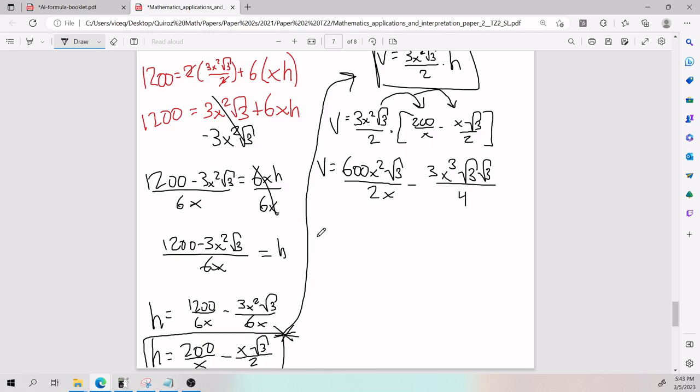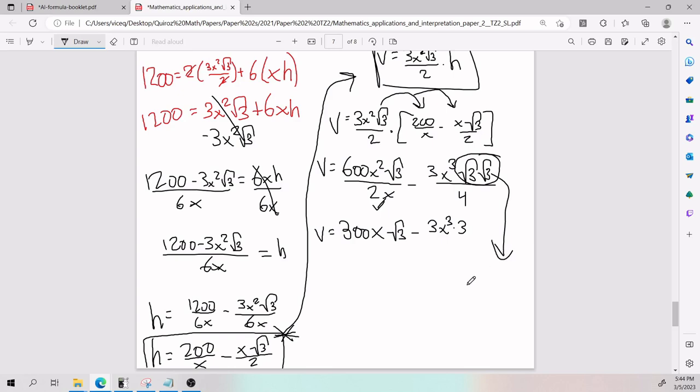All right, so let's take a moment and simplify some of these terms. 600 divided by 2 is just going to be 300. The x squared on top interacting with the x on the bottom, as I mentioned earlier, is just going to be x and square root of 3. So that is with the term on the left. And for the term on the right, I end up with 3 times x cubed times 3,